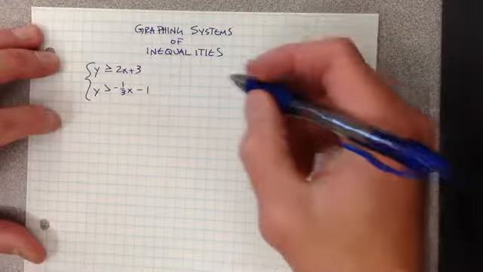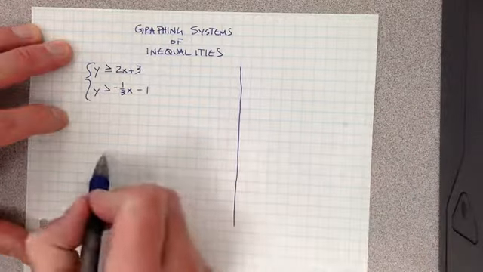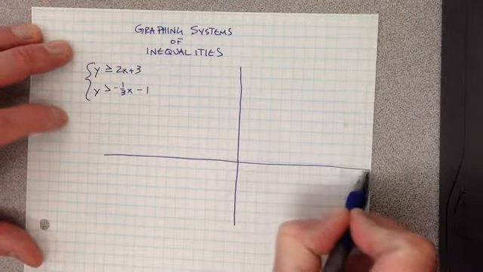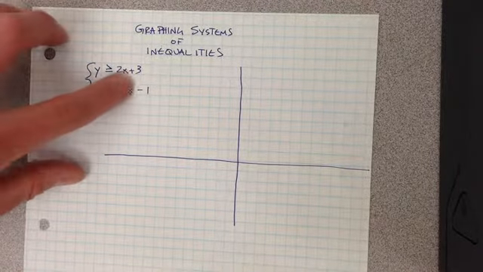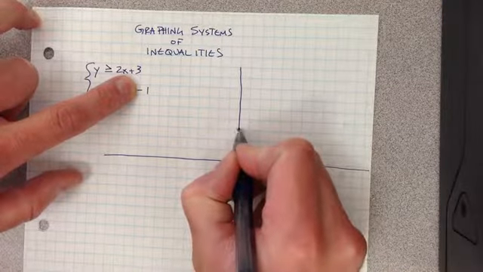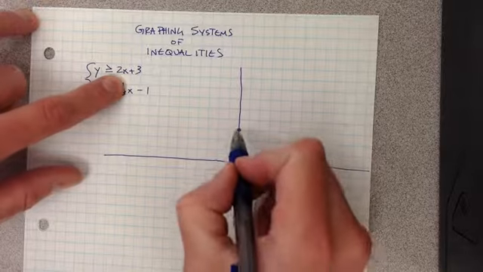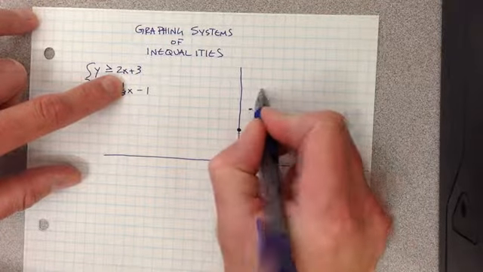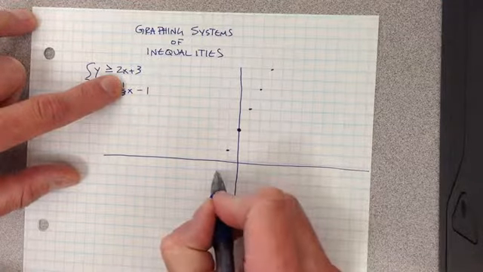So here we go. I have two different inequalities there. There's my axis, so I will start with the first one. I will make this blue. Okay, great. I start at 0, 3, the y-intercept, and I have a slope of positive 2. So up 2 over 1, up 2 over 1, up 2 over 1, down 2 over 1, 2, 1, 2,